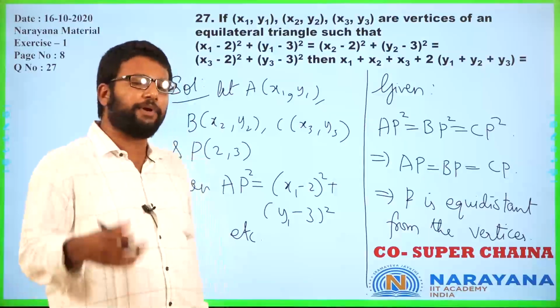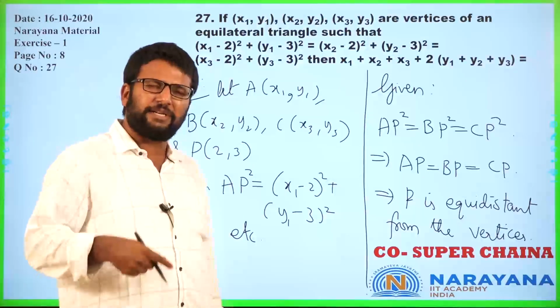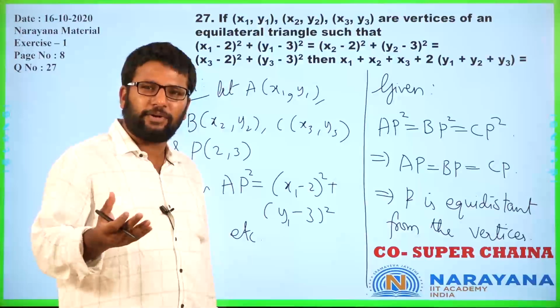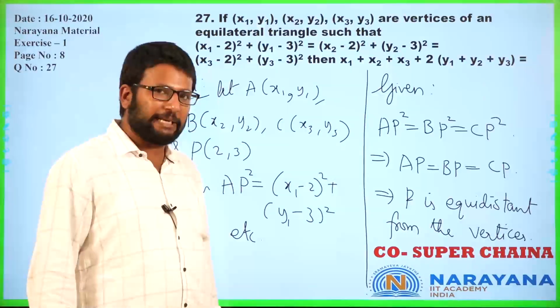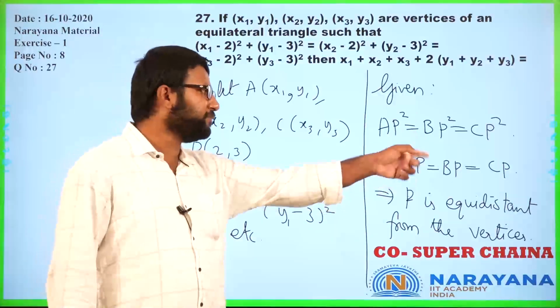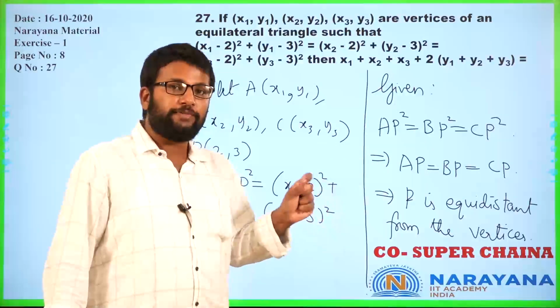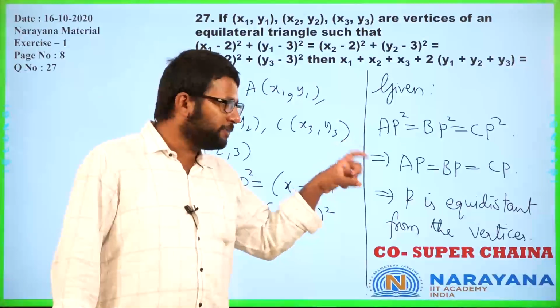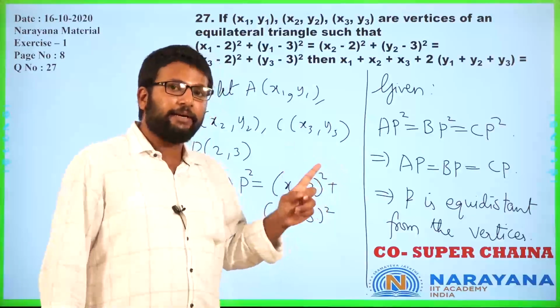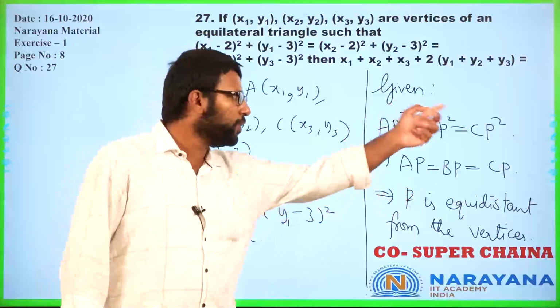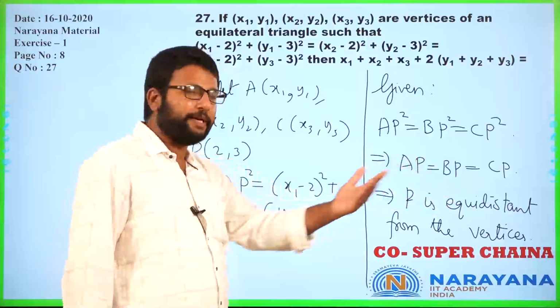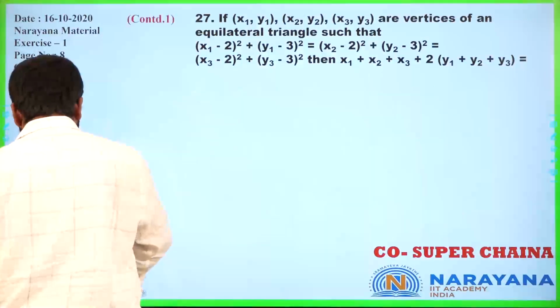If at any point you get confused whether it is the circumcenter, orthocenter or centroid, just keep in mind that if this point is equidistant from the three vertices, that means if I draw a circle taking this point as the center, then I can draw a circle that goes through all the three vertices. If you're not able to visualize that,